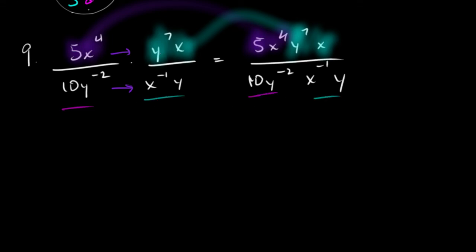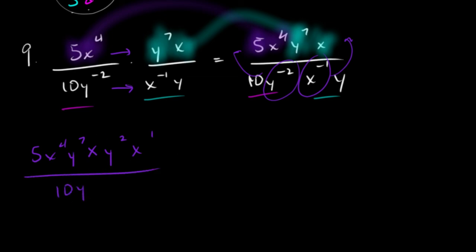Okay, now, moving on. Deal with this by getting rid of all the negative exponents first. So I'm going to take the negative exponents and move them to the top. I'm not going to change anything, except I'm just going to make the negative go away. This is going to be 5x to the 4th, y to the 7th, x, and then these two pieces move to the top. So that's y squared, x to the 1st, over